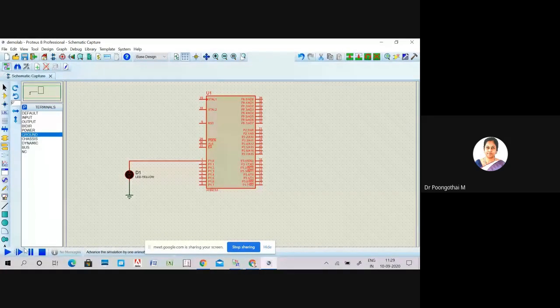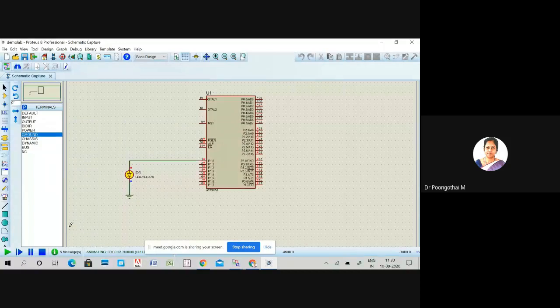Next use these controls. We can simulate the circuits in real time. So this runs your simulation environment. You can see the LED which is connected to P1.0 blinking at an interval of 2 milliseconds. Next we have to check the square wave. For that we just add a virtual oscilloscope and connect it at P1.0.